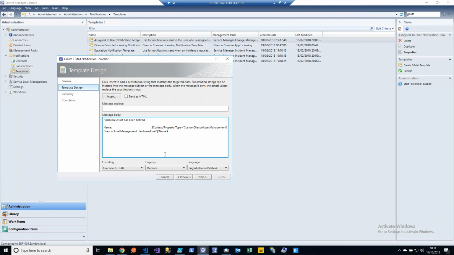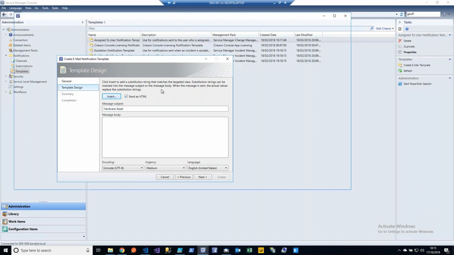I'm going to use one I've had a little bit earlier. We see here we've got the option to send as HTML, so we can make our emails come through and look a little bit exciting and pretty. So I'm going to check that. I will fill the subject of my email because that's got to be just text. So I can do hardware asset, drop in the name,